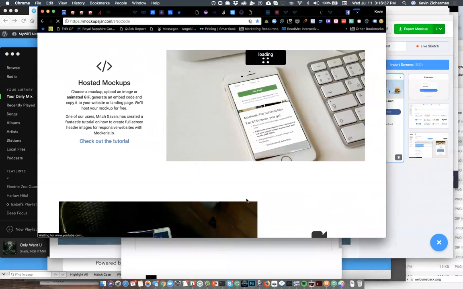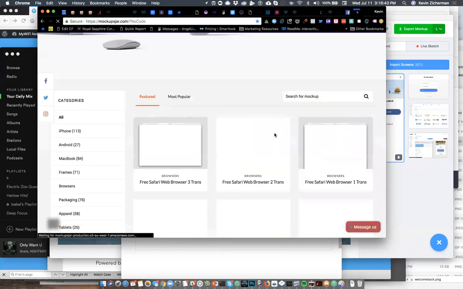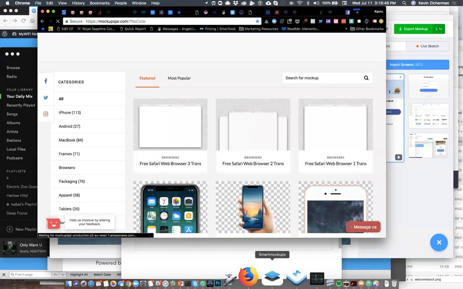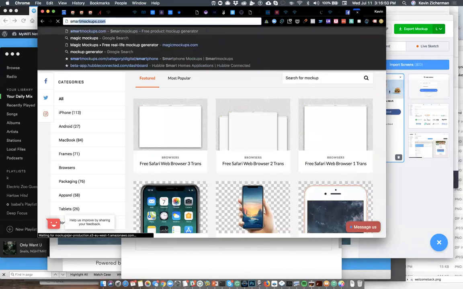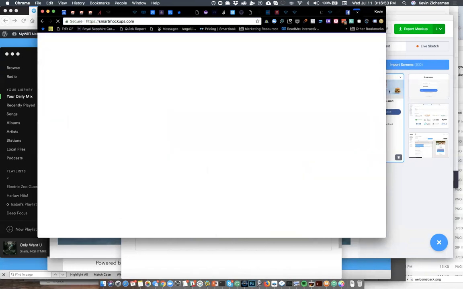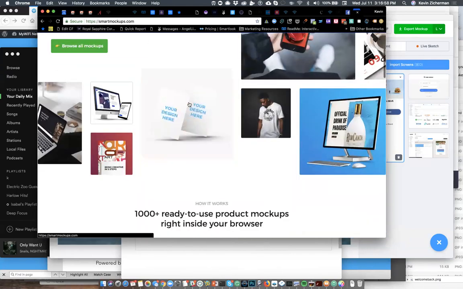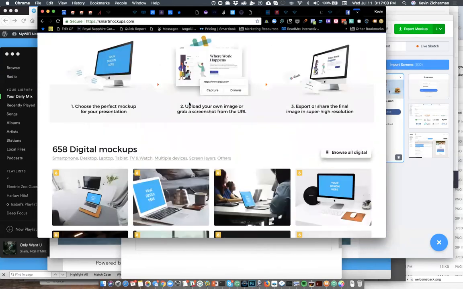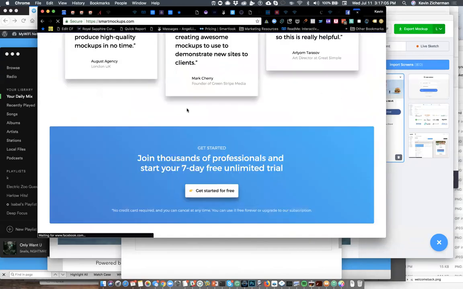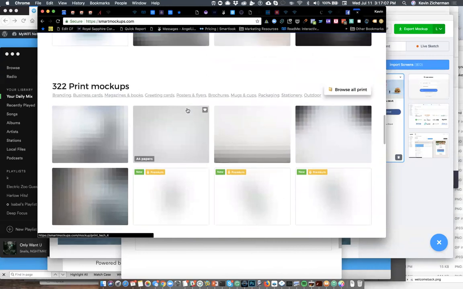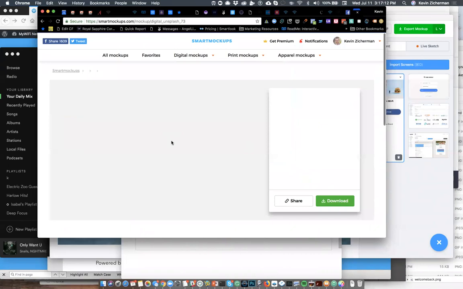There's mockupjar.com, mockupsjar with an s.com. This is free, so you get this. Smart Mockups, smartmockups.com, also has a service that you can pay for. It's a monthly thing. There's a free trial and it's web-based, so you don't actually need any software. You can use this on any computer and make all these really cool layouts. I wouldn't put the screenshots on coffee cups or t-shirts here, but you could if you wanted to. There's a whole bunch of different layouts, and obviously depending on your environment or what you want to do,